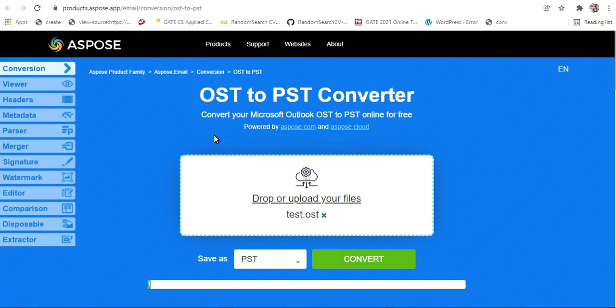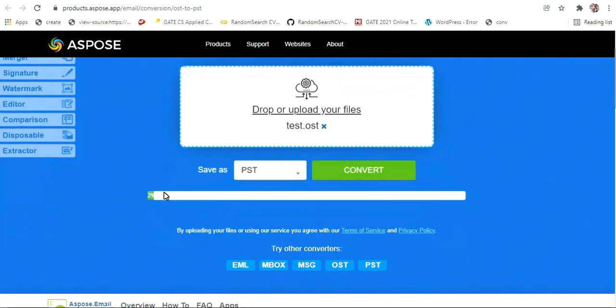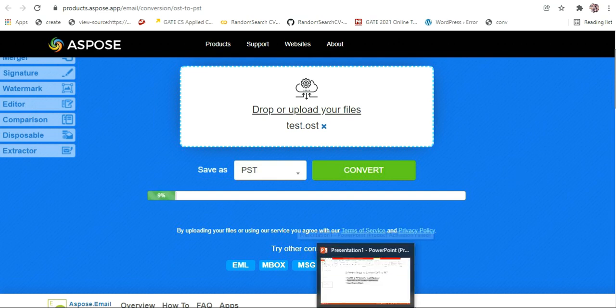Okay, this is the second free method that you can use to easily convert your OST data to PST file format. You can see the progress here. Once it is 100%, your converted PST file will be ready for the download.